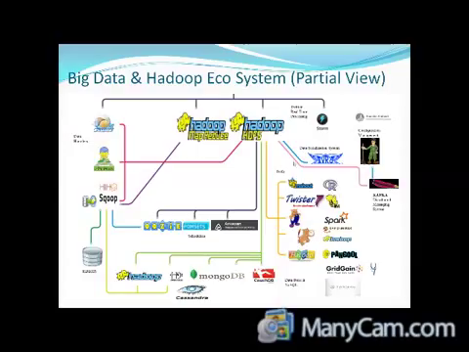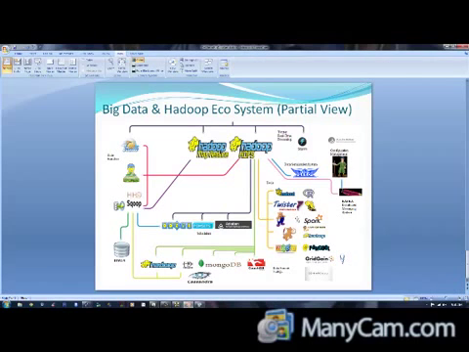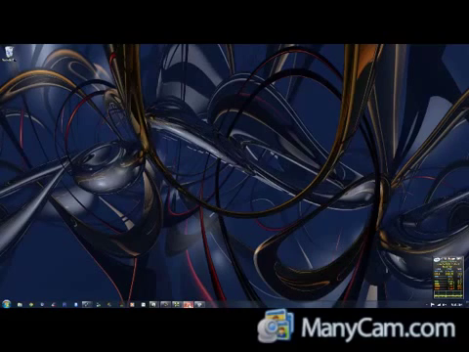Mahout just recently made good strides, though, so they're going more into in-memory computing, so they're really trying to catch up with some of the other machine learning libraries available for big data. So what I want to do now is show you models that we use in our environment to aid customers with these big data